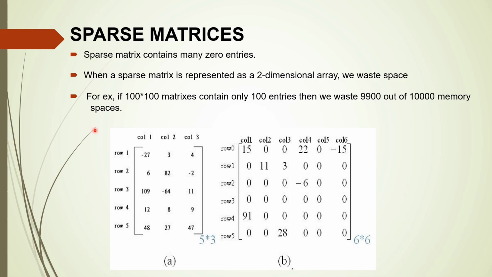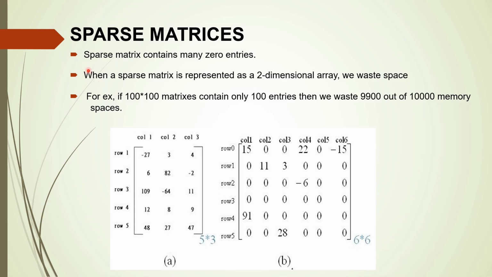See, the problem with the initial version of a matrix is that it may consist of elements with a value 0. Here in the first array all the elements are non-zero, and in the second array there are so many elements with entry 0. A matrix with many zero entries is called a sparse matrix. Since the element with value 0 is of no use, it is better to avoid storing the elements with value 0.